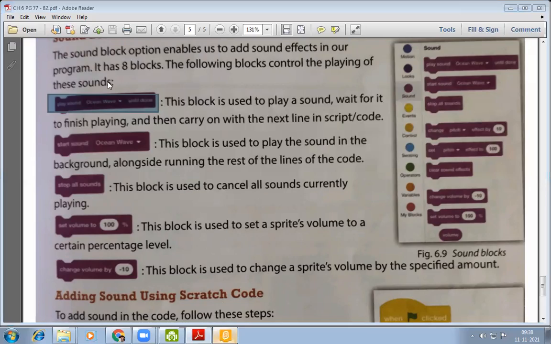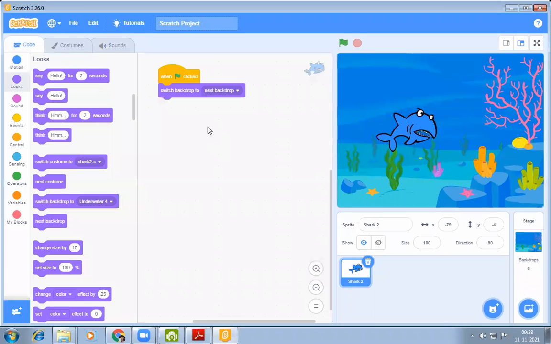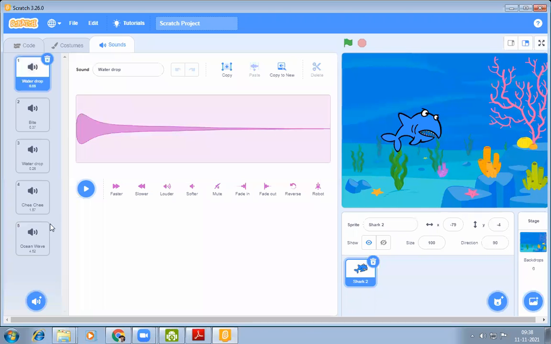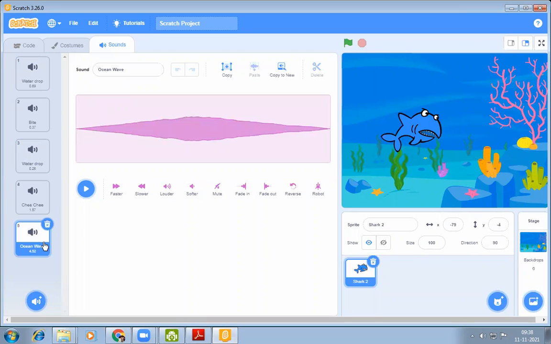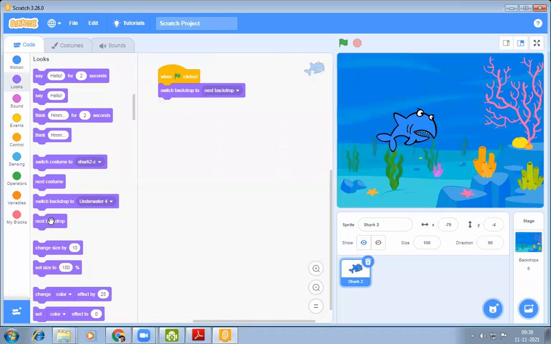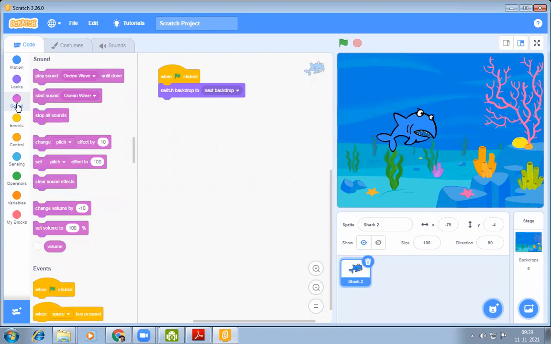Let's see. Using this code, while we can add sounds here, ocean wave. Okay. After adding the sound wave, here click on sounds. First one is play sound ocean wave.